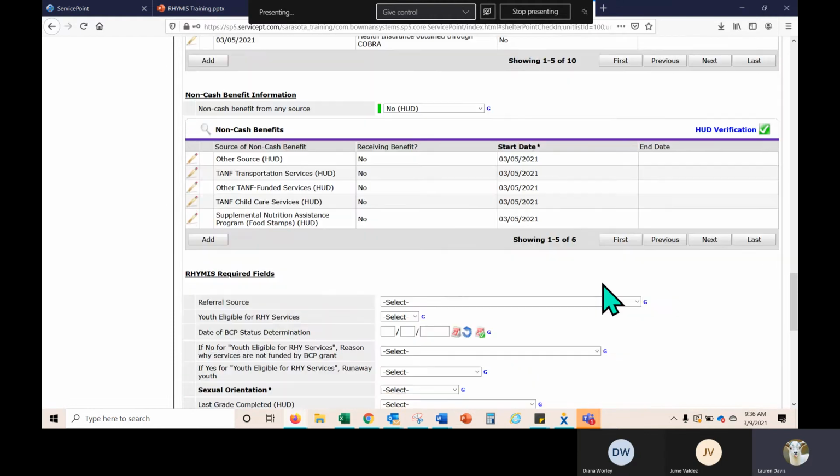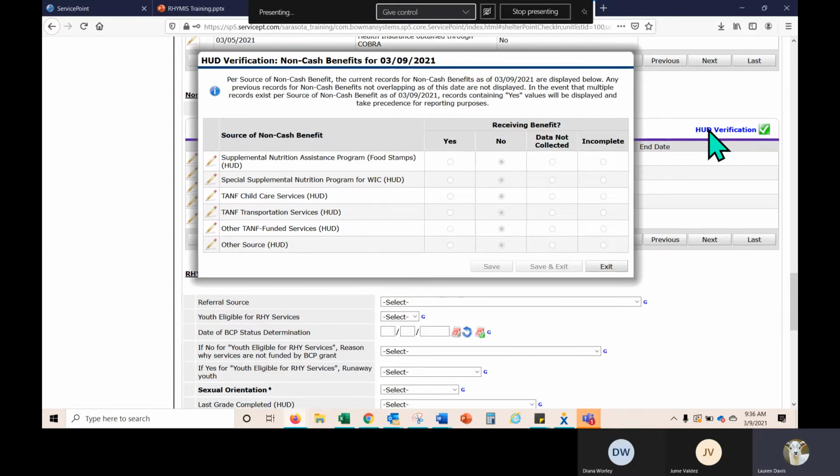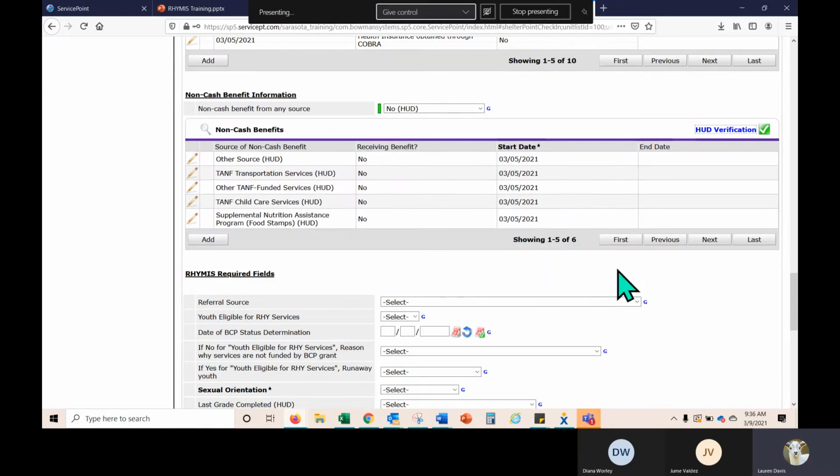From here, non-cash benefits. With these questions, for a client to receive non-cash benefits like food stamps, WIC, or TANF, they typically have to be over the age of 18. There are, of course, some mothers under the age of 18 who do receive certain food assistance programs, but that is not North's case. So she does not, in fact, receive any type of this benefit. So this is also complete, current, consistent, and correct.